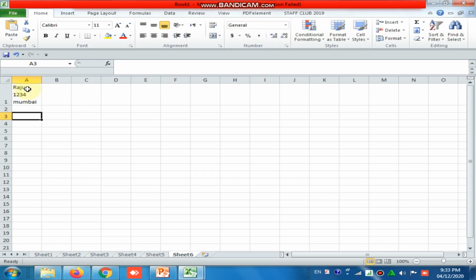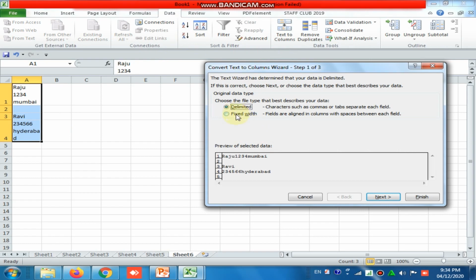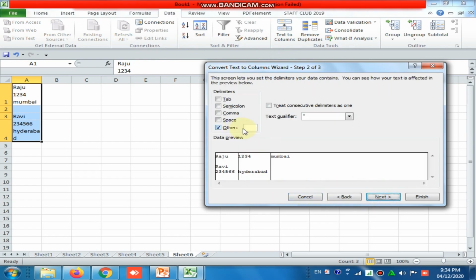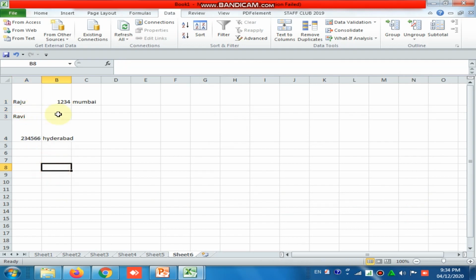Next is again Ravi. This is a phone number example I am typing again. Press Alt plus Enter. Then you give Hyderabad. Okay, now we can use Control plus J for text to columns. Select this data, go to Data and select Text to Columns, select Delimited and press Control J. Here you have to press Control plus J. Then click Next and Finish, and now it will become text to columns. In this way you can use Control plus J for text to columns.